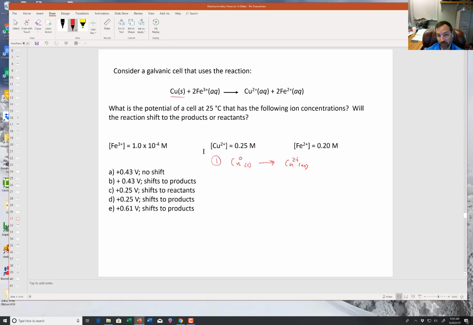So we know that must be our oxidation. The copper gave up electrons, so we have 2 electrons that are given off. If you look on your standard cell potential table that we worked on in lecture previously,